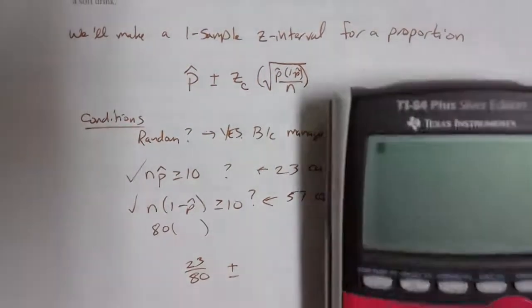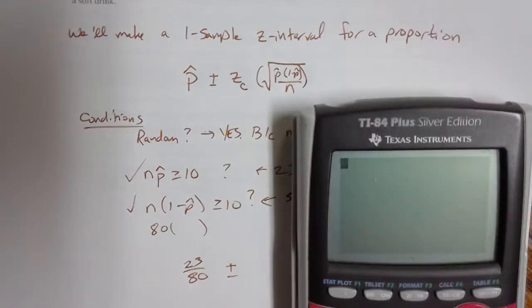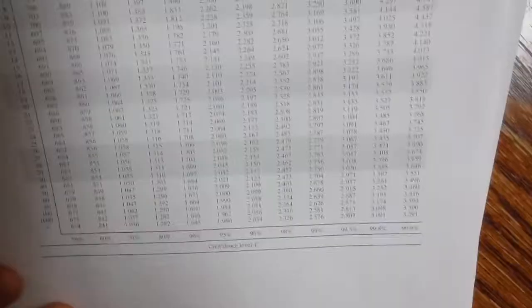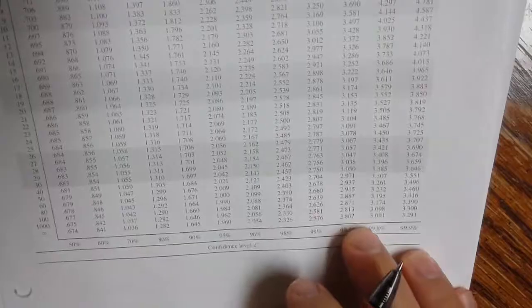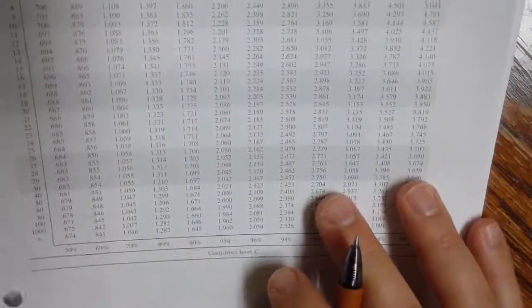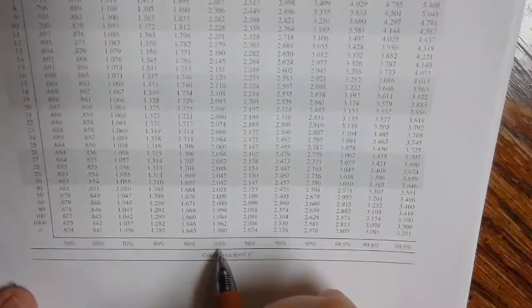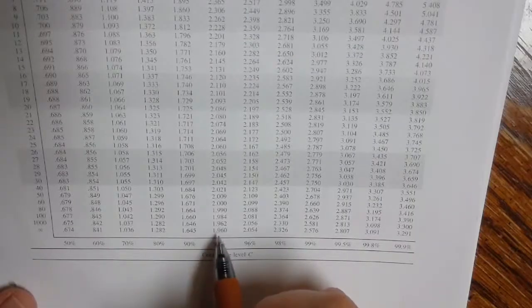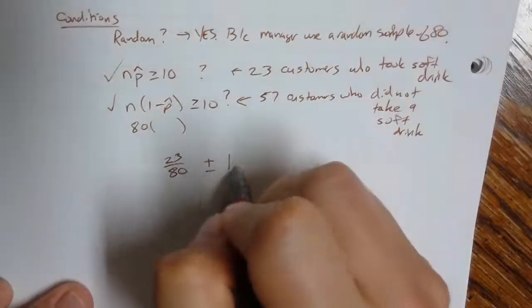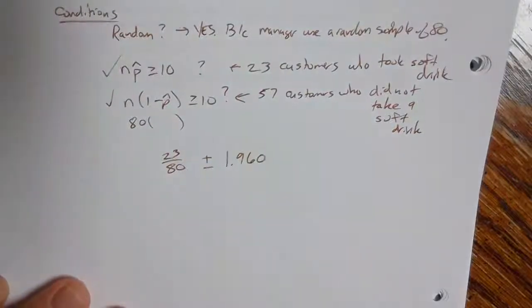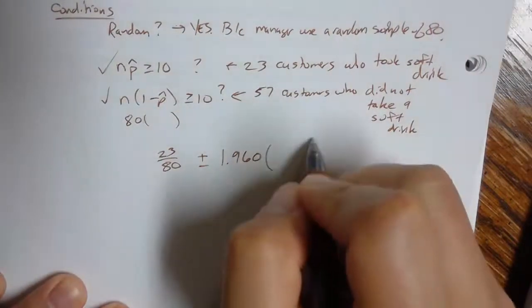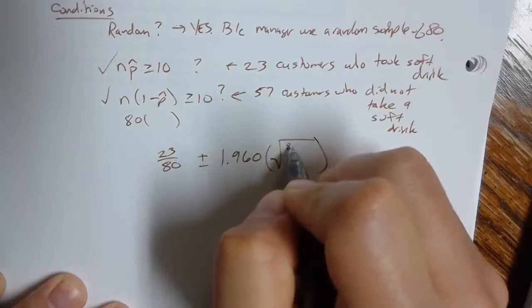In order to get the critical z-score, I'm just going to use our t-table actually, and I recommend using the t-table in all cases when doing a confidence interval, because right at the bottom you're going to have all of your confidence levels that you might want here. I think we were told 95% confidence interval, and with a proportion, we're just going to use this bottom number here. The correct z-score is 1.960. So 1.960 is our critical z-score, and then we're just going to multiply that by our square root of